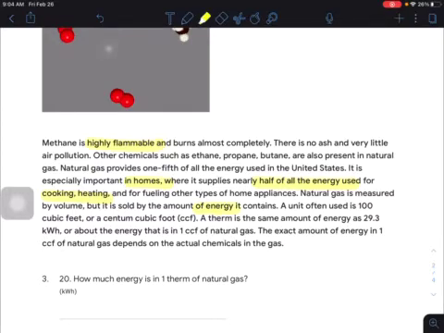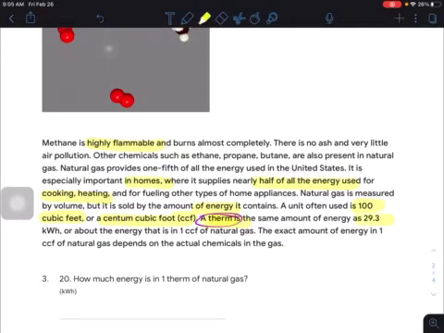Okay. So the volume unit for it is 100 cubic feet, also called a CCF or centum cubic foot. Century is 100, so centum is 100 cubic feet, or a CCF. The amount of energy is measured in a therm. And 1 therm, this is a unit that you're going to need to know, is equal